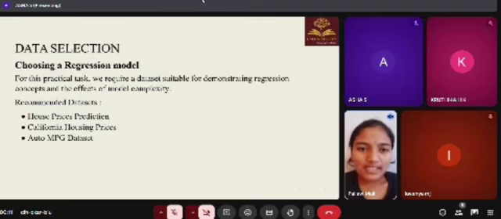Today, I am going to explain about data selection, choosing a regression model. For this practical task, we require a data set suitable for demonstrating regression concepts and the effects of model complexity. Recommended data sets: house price prediction, California housing prices, auto MPG dataset. Next,